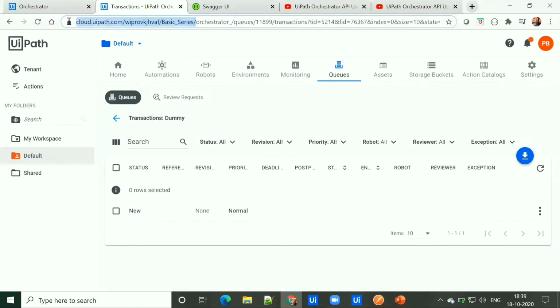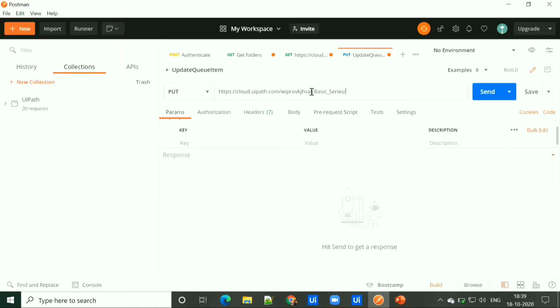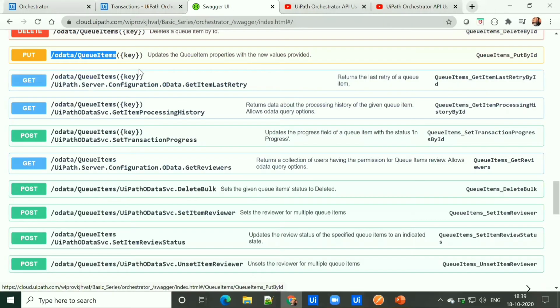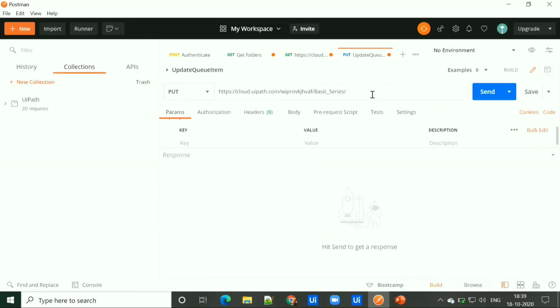So till here we have to copy. So the Orchestrator URL will be cloud.uipath.com, then account name followed by tenant name. Then go to Swagger UI and we have to pass this OData queue item. Let's copy, paste it here.